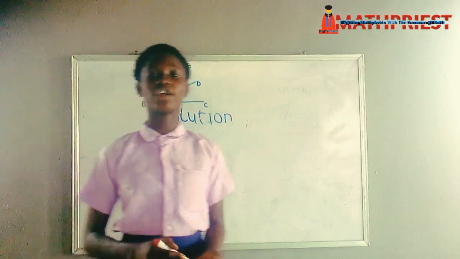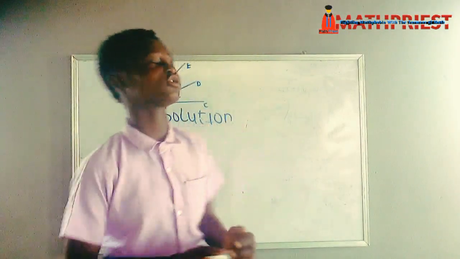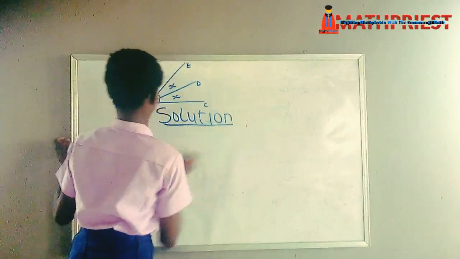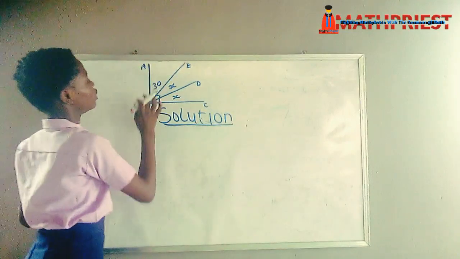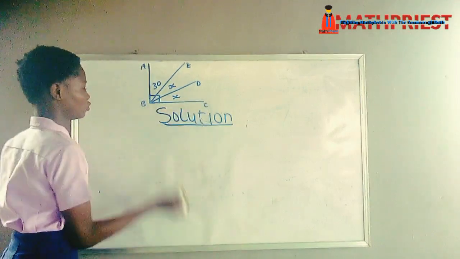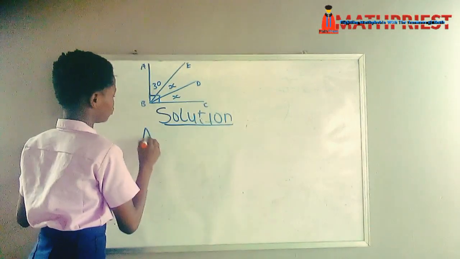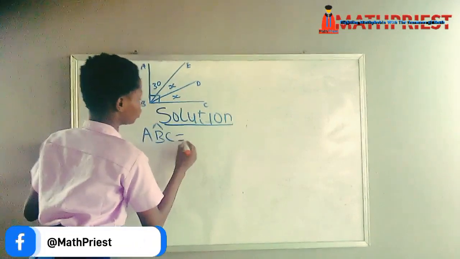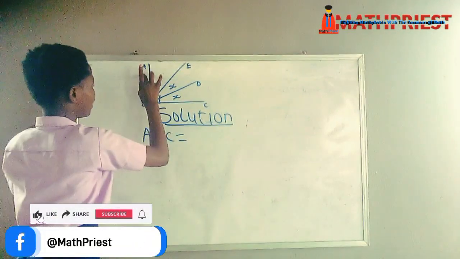My name is Fakaya Ruda Michael. I am here to solve this problem. As we all know, this angle ABC is a right angle. Angle ABC equals angle ABE